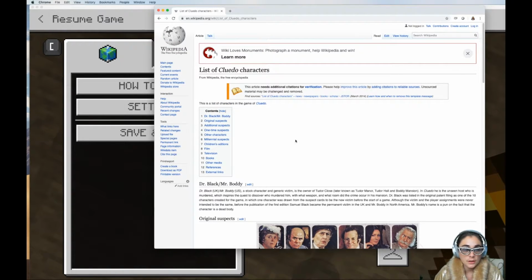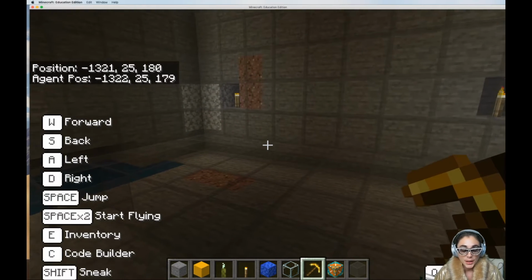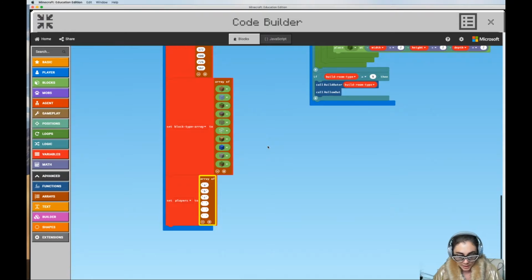So 6 characters. Let's pretend there are 6 in our game as well, so you can only have a 6-player game, well, up to a 6-player game. We're going to assume it's exactly a 6-player game for now, and we're going to call these players. So here's the question. I think we should give each of them a character. So let's do Mrs. White, Mr. Green, Mrs. Peacock,